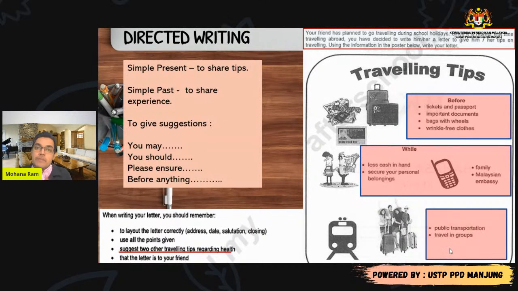Now, while you use simple present tense, you may also use present continuous and present perfect tense. If you are using simple past tense, you may use past continuous and past perfect tense. Okay, these are all related to one another. For example, simple present, present continuous, present perfect. Simple past, past perfect, past continuous, they come together. It's just how you are using it. Okay, you have to understand the rules. But the basic rule is understand which tense you need to use.